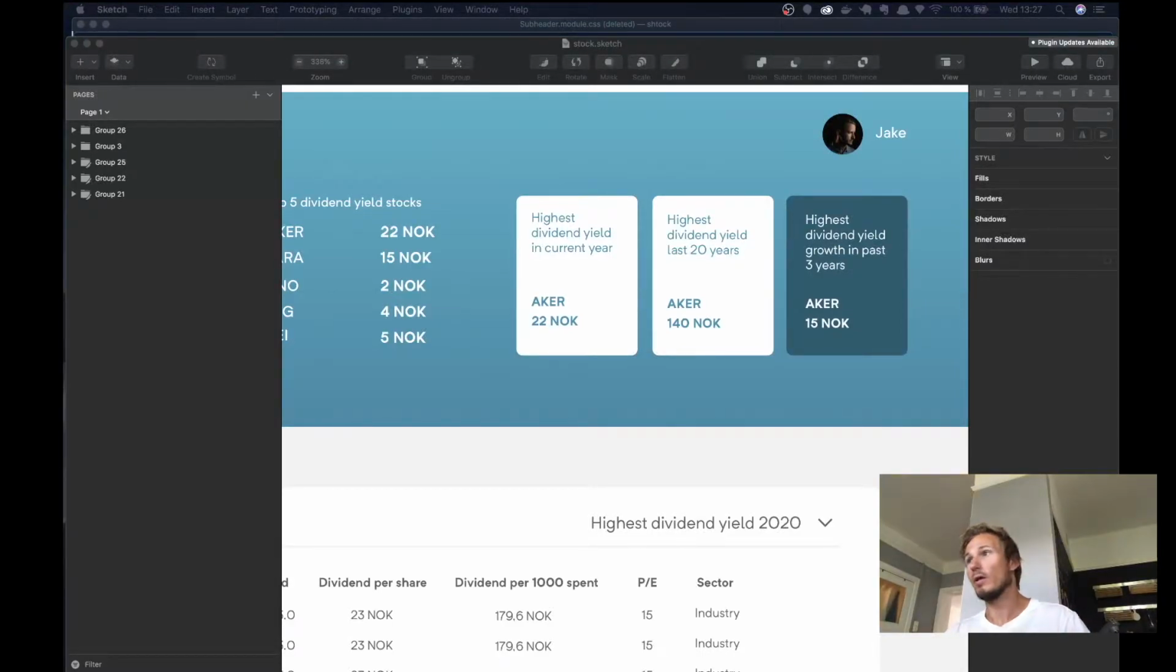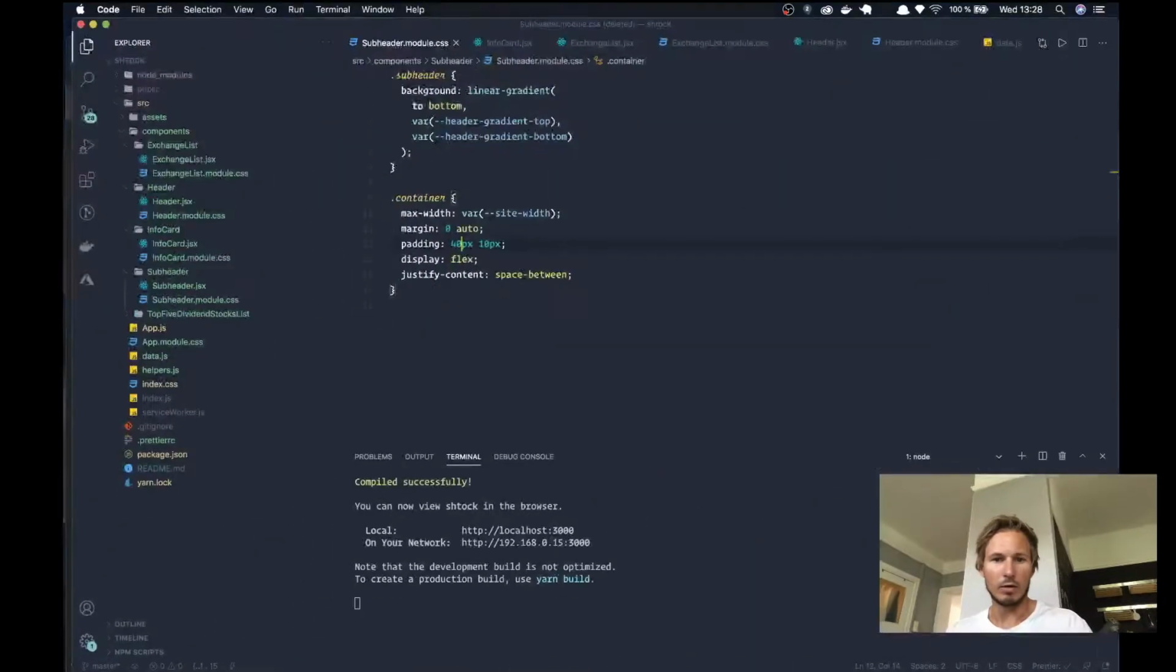Okay, so now that we have our cards, let's take a look at getting the correct data to plug into them. So in our sketch, we have highest dividend yield in the current year. Now we already have a function that sorts on that, so that should be pretty easy to do. And then the next one is highest dividend yield in the last 20 years, but basically we're going to make it all time. So that means that in our data set,